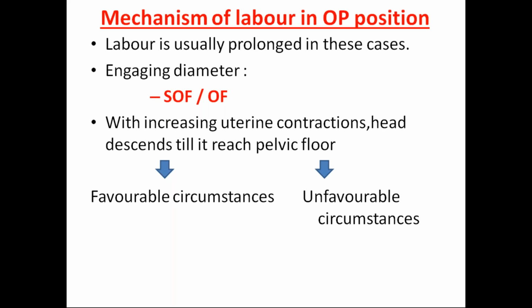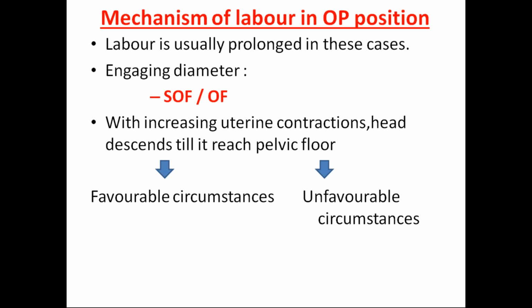So what do you mean by favorable circumstances? It's an average sized baby, right? Not a large baby, okay? Then the most important factor is the pelvis should be a good gynecoid pelvis. Then uterine contraction should be good. And the baby of average size, right? So when the circumstances are very favorable like this,